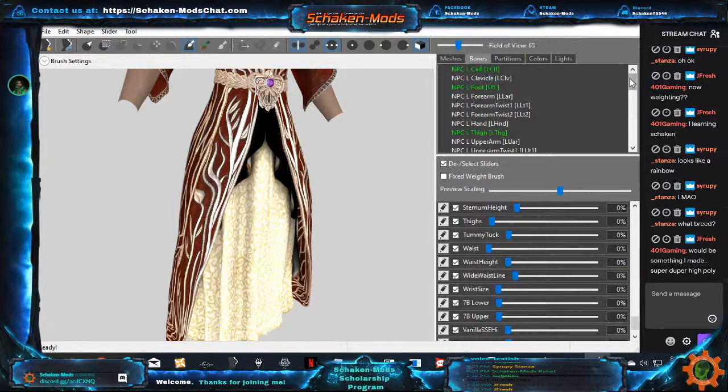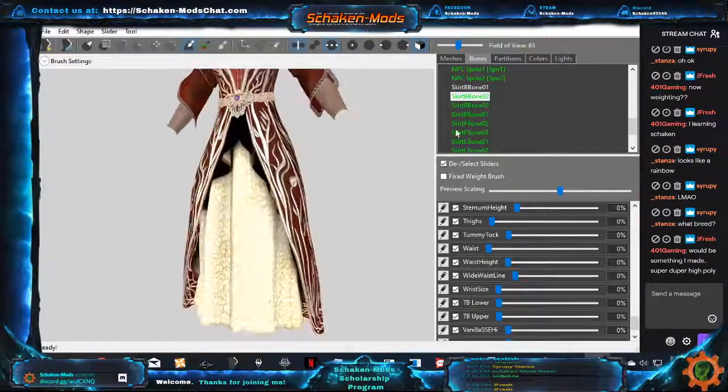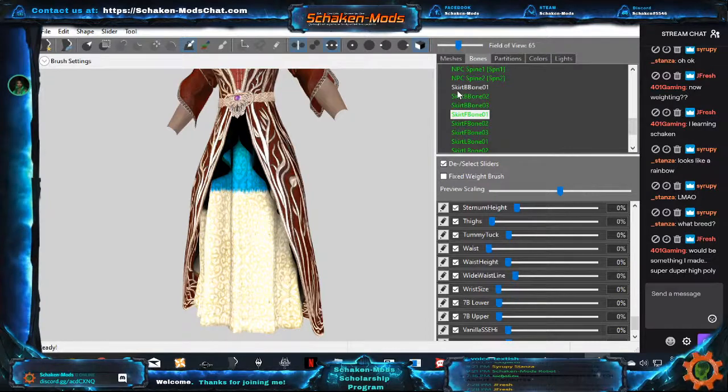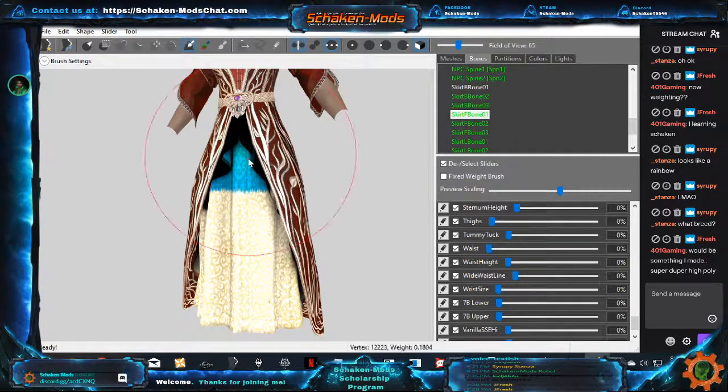And all we're going to focus on now is just these skirt bones. These are all that we edited. I don't know why that one's not there right now. And you'll see, to give you an idea of what these mean, Skirt B bone, that's for the backbone. Skirt backbone 1, 2, and 3. It always starts from the top and works its way down. This is the skirt front bones. As you can see, it starts off way up here, and then as I go down to 2 and 3, it goes downward. So it's going to start off at 1, and I'm just going to hold down my shift key